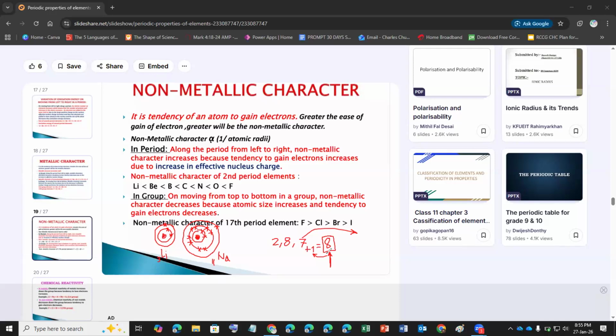Okay, so did you get that concept now for non-metallic character? Yeah. Okay. Again, you can reason your way out. It's very straightforward. From left to right, atomic size does what? Reduces. And as atomic size reduces, non-metallic character does what? Increases, because of the stronger pull